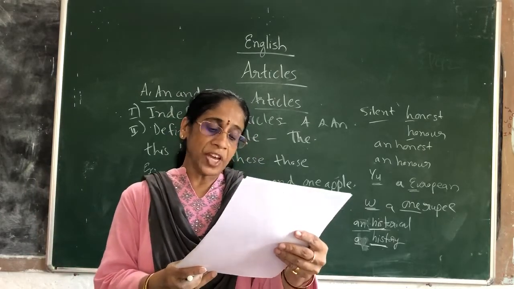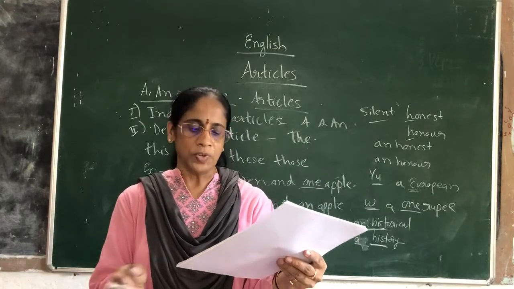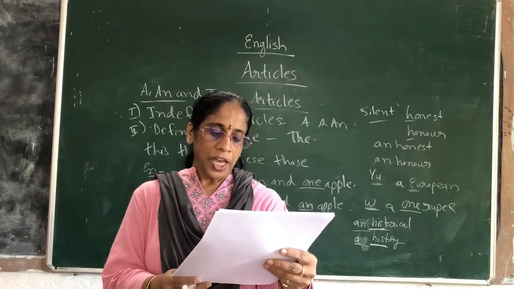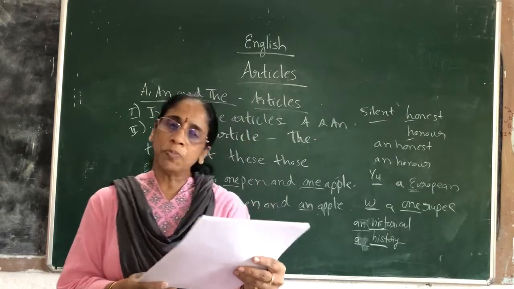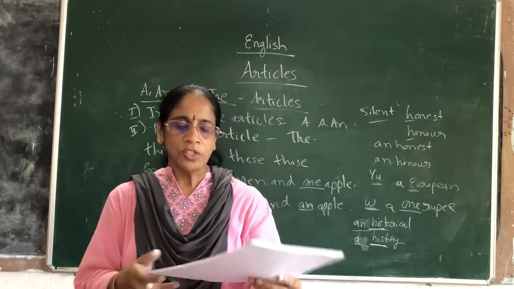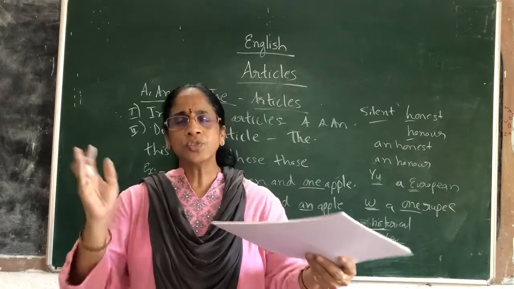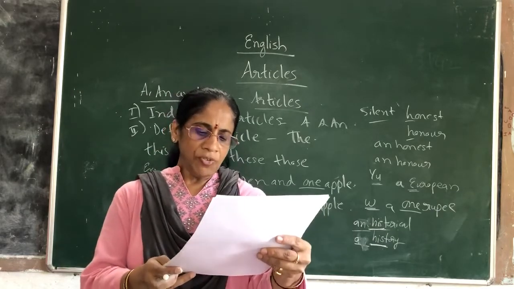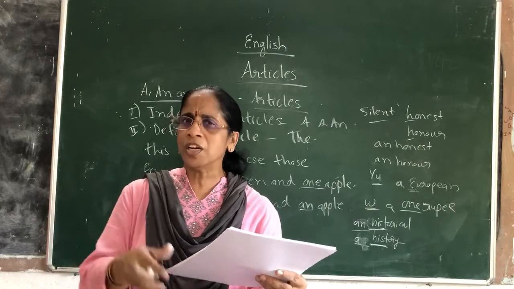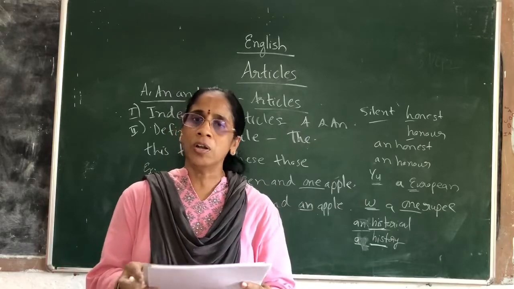In the sense of any, if you want to indicate anything among the group, to single out an individual as the representative of a class. A pupil should obey his teacher. What do you mean by a pupil here? That means any pupil, all the students. Pupil indicates students. So if I say simply a pupil should obey his teacher, what do you mean by that? All the students should obey the teacher. A cow is a useful animal. If I say simply a cow is a useful animal, am I speaking about a single cow? In general, I am speaking about the class, that is, a group of all cows.